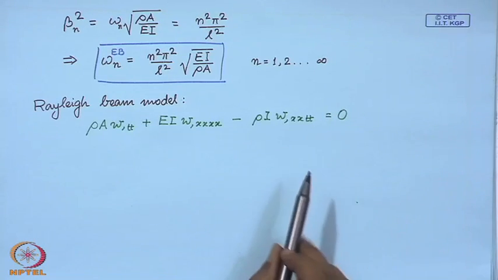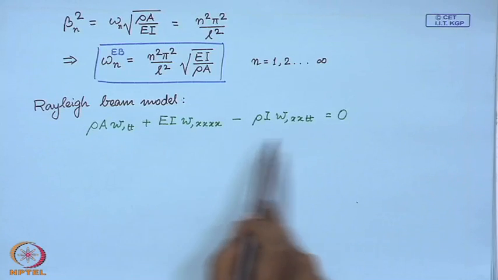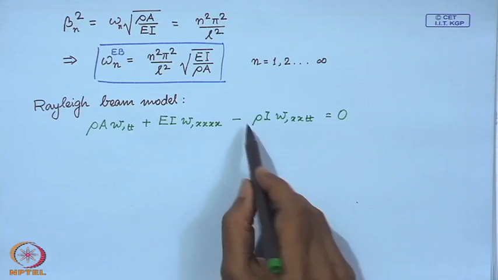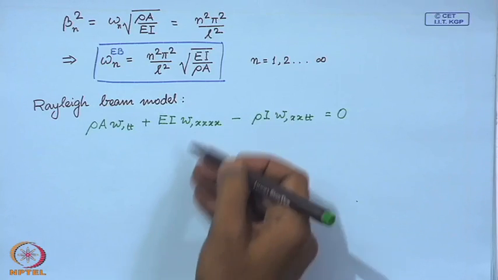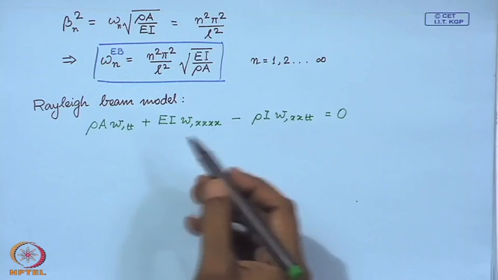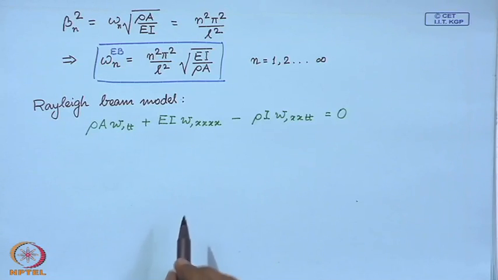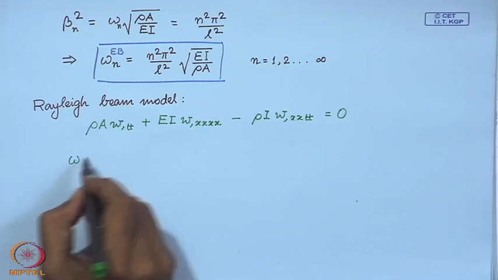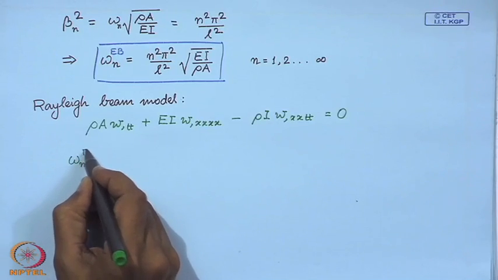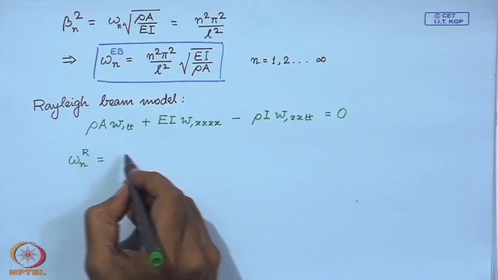So, this is the differential equation of a uniform Rayleigh beam. This is the rotary inertia term, and if you follow steps similar to what we have just done, then you will get the circular natural frequencies of the Rayleigh beam as